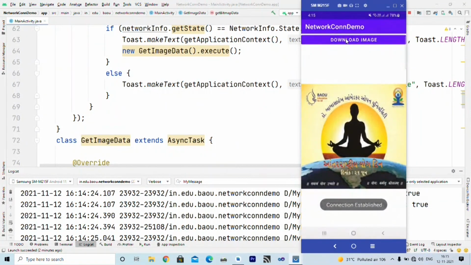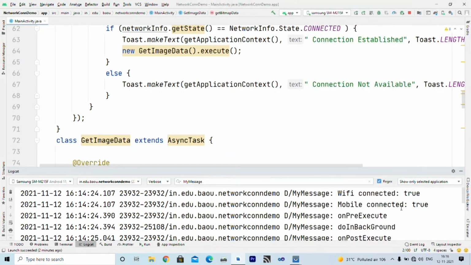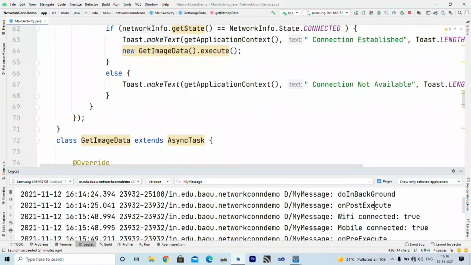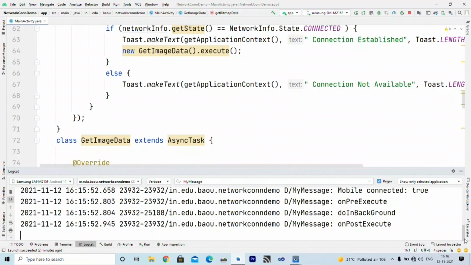It immediately disappears, so you cannot see it properly, but that progress dialog is shown by this onPreExecute. Inside doInBackground, we create an instance of the asynchronous task and we call get image data, right? And on post execute, we set that image inside the image view, right? So this is how our application works.